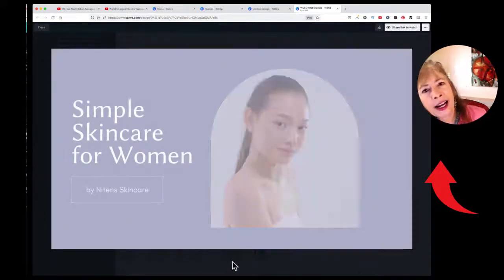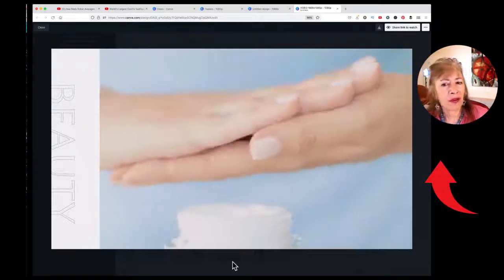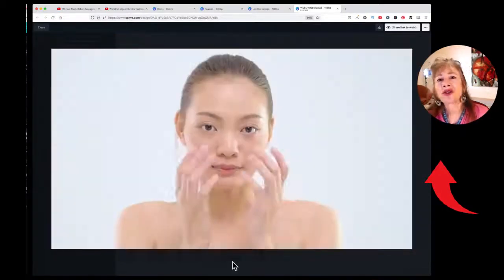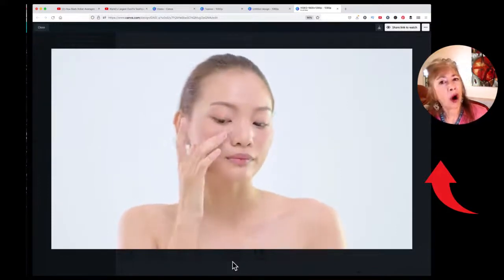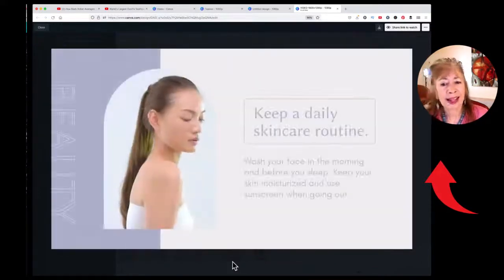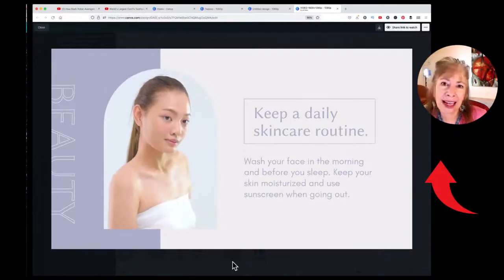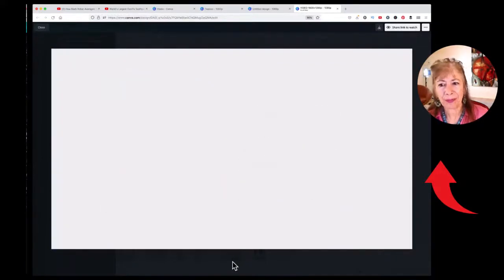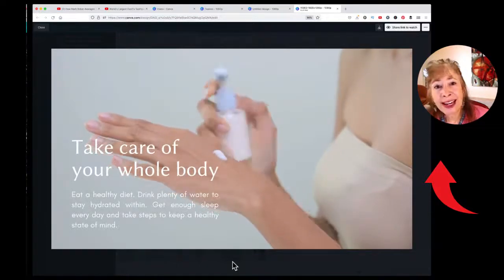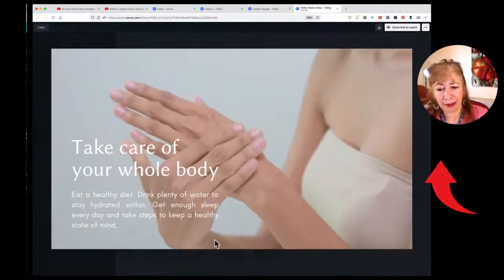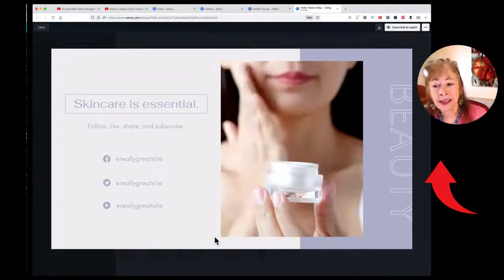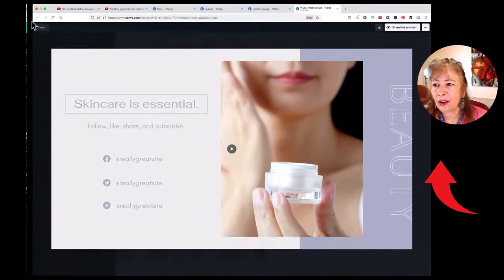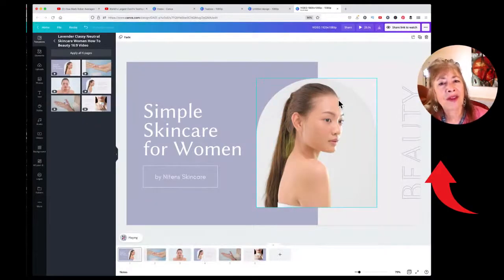If you're trying to use simple skincare for women, the first thing that you want to do is try a moisturizer on your face. Be sure you put the moisturizer all over your skin, don't miss anything, and stick to a daily skincare routine. You want to take care of your entire body. Skincare is essential. Okay, so do you see how easy it is to voice over, especially if you were to